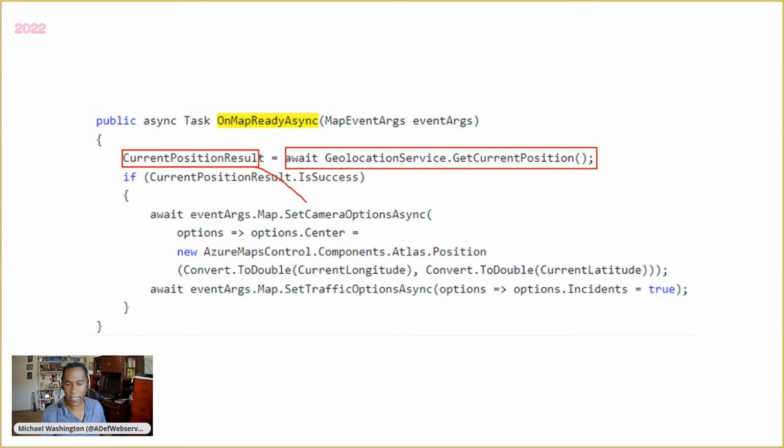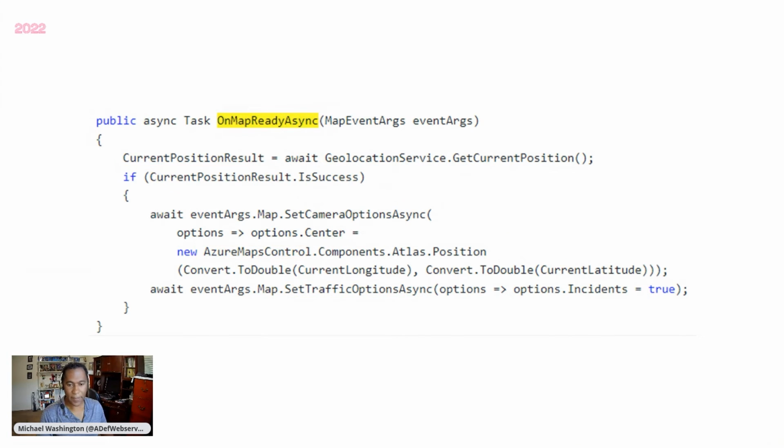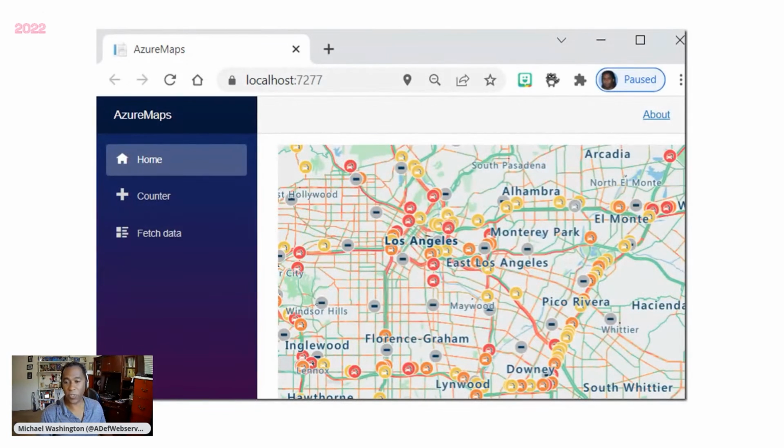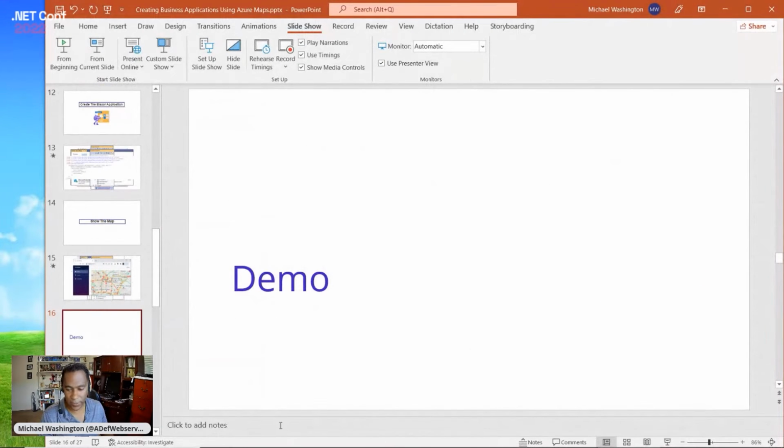We then get the latitude and the longitude, and we pass them to the Azure Maps control. We then also can do other configurations. For example, we're saying, show me the traffic. And then it just works. Let's go ahead and take a quick look at that.